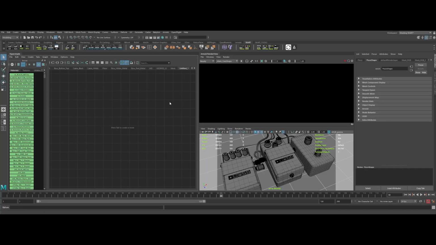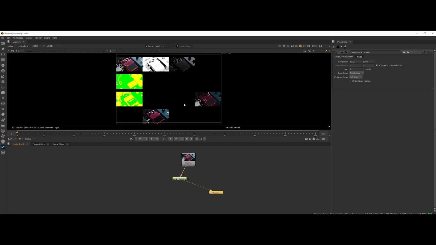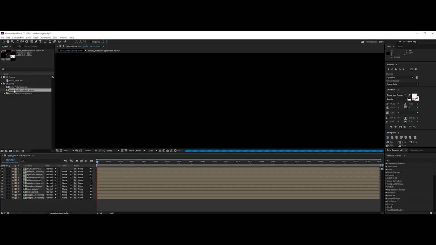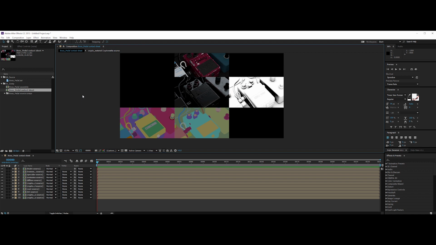Okay, so without further ado, let's open the render settings. We already have our main settings set up, but we need to render all the separated passes named AOV in Arnold Render. This will be a crucial part for the compositing later on. It will serve to reconstruct the beauty pass.